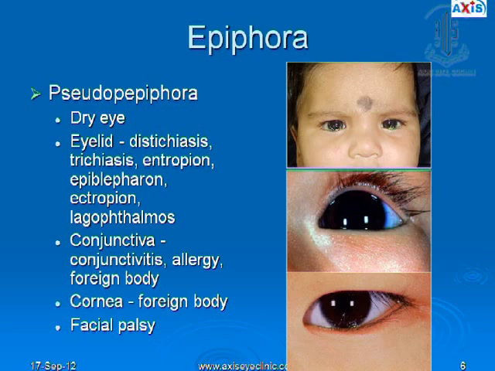So when we talk about epiphora, we also need to talk about pseudoepiphora. Now pseudoepiphora is because of problems like dry eye, eyelid problems like distichiasis, trichiasis, entropion, epiblepharon, lagophthalmos, problems in the conjunctiva like conjunctivitis, allergy, foreign bodies. In the cornea there could be problems like foreign bodies, and of course facial nerve palsy. So pseudoepiphora is actually not because of a blockage of the drainage system, but because of other factors which are